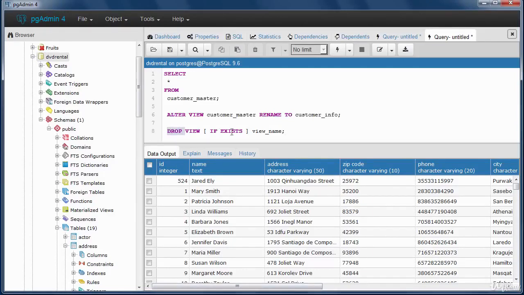Before I wrap up this lecture, I also want to quickly cover how to remove a view in PostgreSQL. To remove an existing view, you basically use the drop view statement, which is this statement I've highlighted here on line 8. So you start with drop view, and you use if exists, so that it will check first if the view exists, then you indicate the name of the view. So you specify the name of the view that